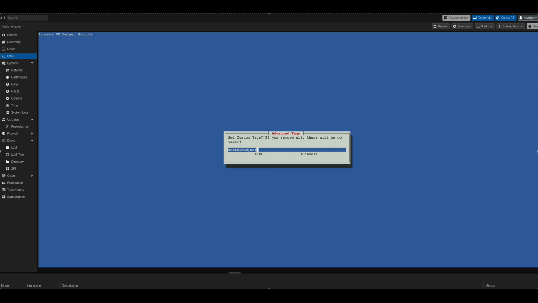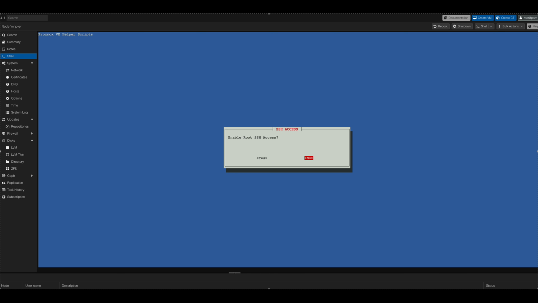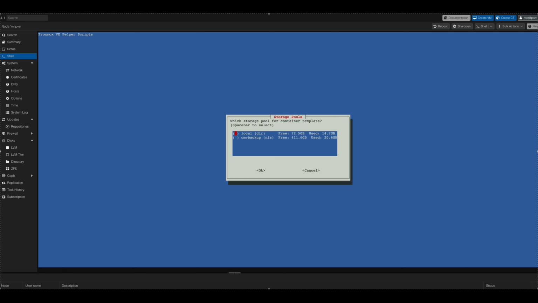you may choose to set up some custom tags here, SSH key, if one would like to access from outside Proxmox, I'm choosing the default options mostly. So here choosing local, local again,